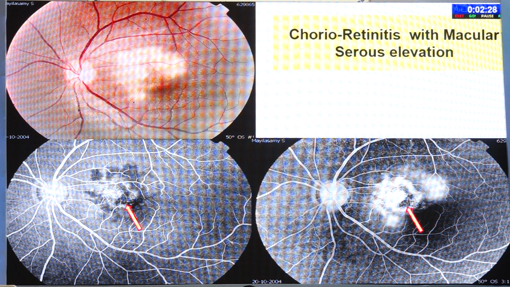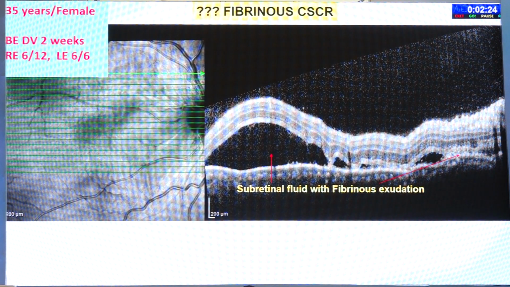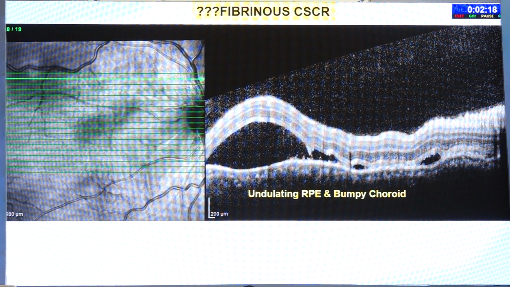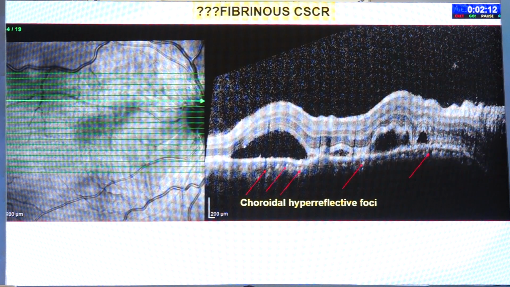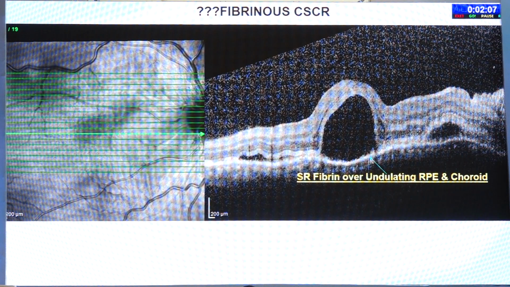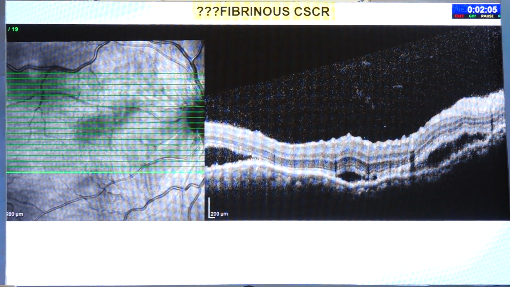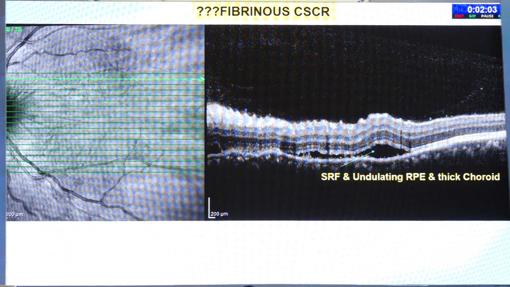This has to be kept in mind when you see the fibrinous variant of CSC. For example, this case was initially diagnosed as fibrinous variant of CSC with RPE bumpy, undulating RPE, bumpy choroid with choroidal hyperreflective foci. So you can see the choroidal hyperreflective foci and subretinal fibrin overlying the undulating RPE and thick choroid in both